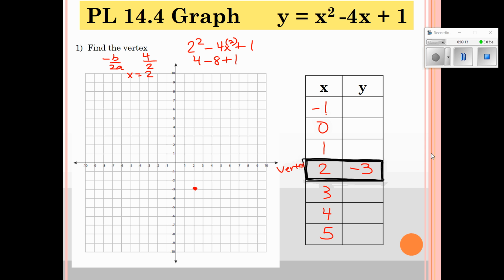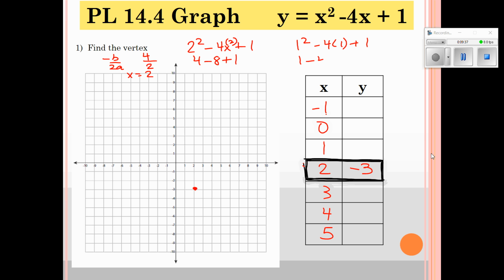Now we need to figure out what the y values are. And you look at that and you think, you want me to do that 6 times? You don't have to do it 6 times. You can do it 3, because then when it reflects, you get the same values. So here's what I mean by that. To fill out the rest of this table, let's take the 1 right here. If x is equal to 1, and we plug 1 into the equation,